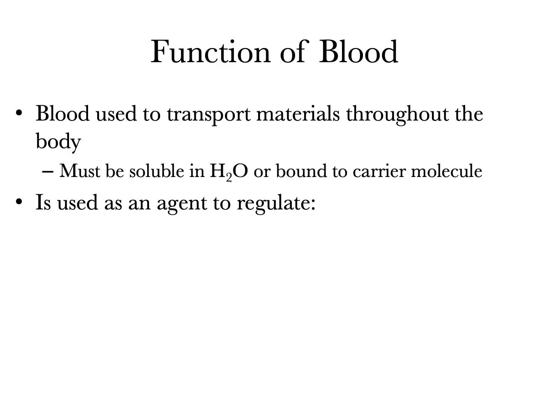Anything that gets transported in the blood either has to be soluble in water or it has to be able to bind onto a carrier molecule if it doesn't happen to be hydrophilic. The other thing that blood's going to do in terms of homeostatic regulation is act as an agent to that regulatory function, in which there's two key things that it's going to be doing. First off, it's going to be involved with regulation of body temperature. One of the things that blood is going to be able to do is take heat that is being built up through metabolic processes within the tissues of the body and transport it away